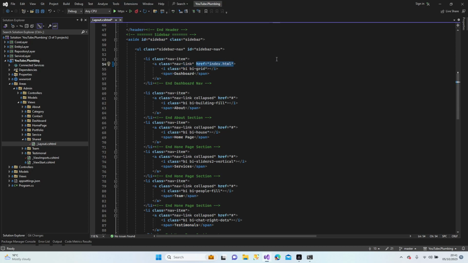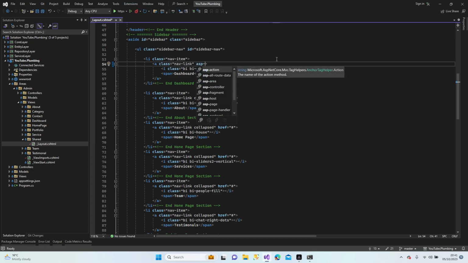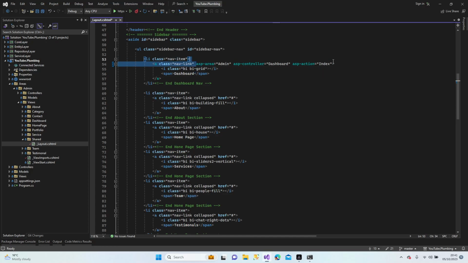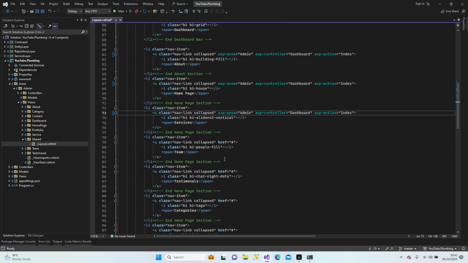I'm gonna delete href and I'm gonna add tag helpers: asp-area admin, asp-controller dashboard, and asp-action index. Perfect. I'm not gonna send any information, so it's going to be enough. Control C, Control V. Let's copy all the tag helpers for all our buttons,